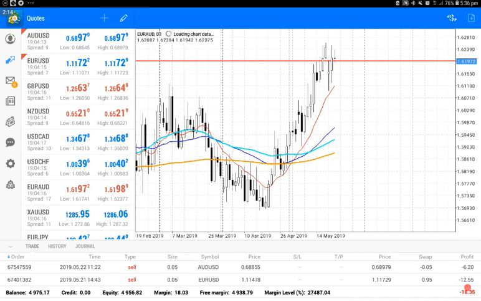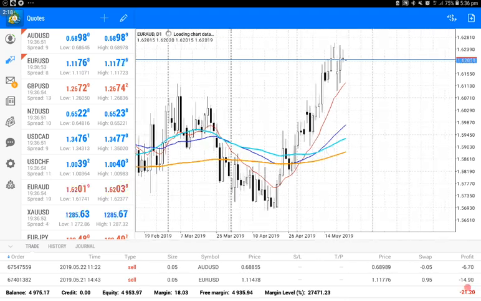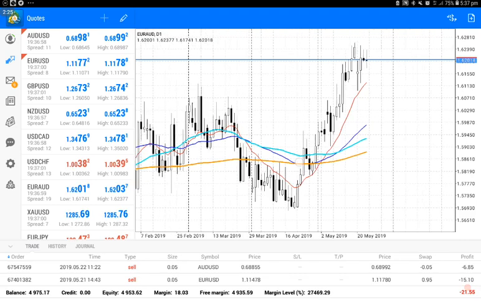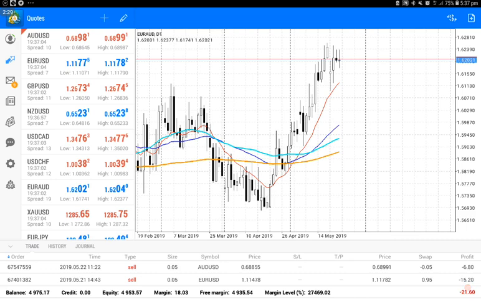Now what we want to do is to draw a trend line. Okay, to draw a trend line. Now a trend line is drawn in this form. If you are in an uptrend, you draw the trend line below the price action. Now this,